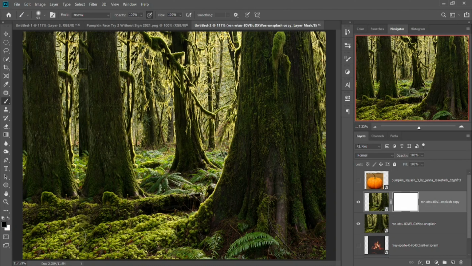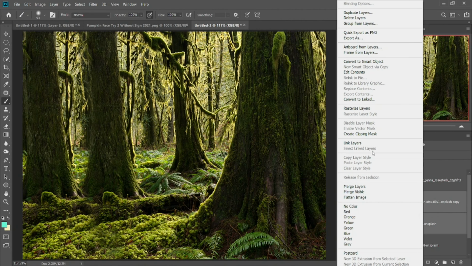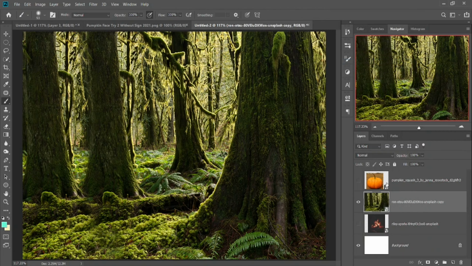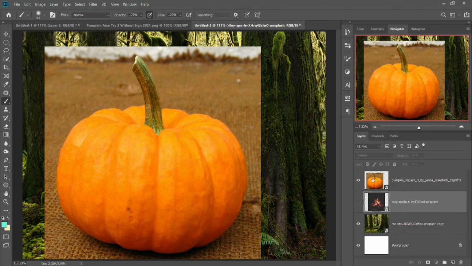Okay, we're just trying to blend in the two images. I think that something like that is pretty good. So yeah, I'm going to leave it like that, and I'm going to merge both layers and convert them to a smart object. So now we've got our background ready, and the next step is going to be masking out